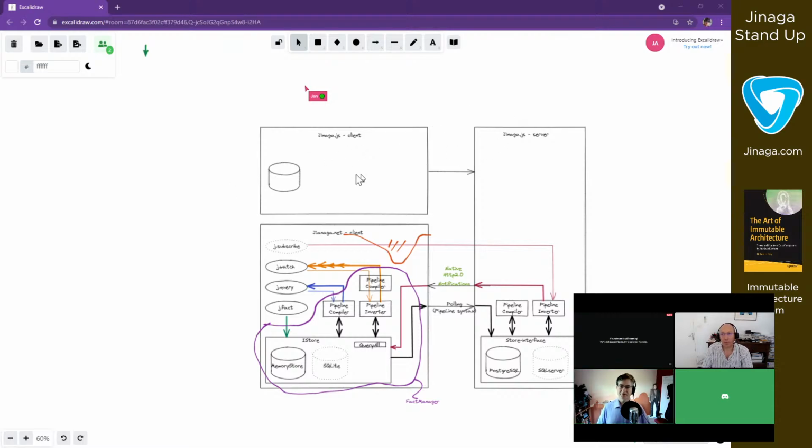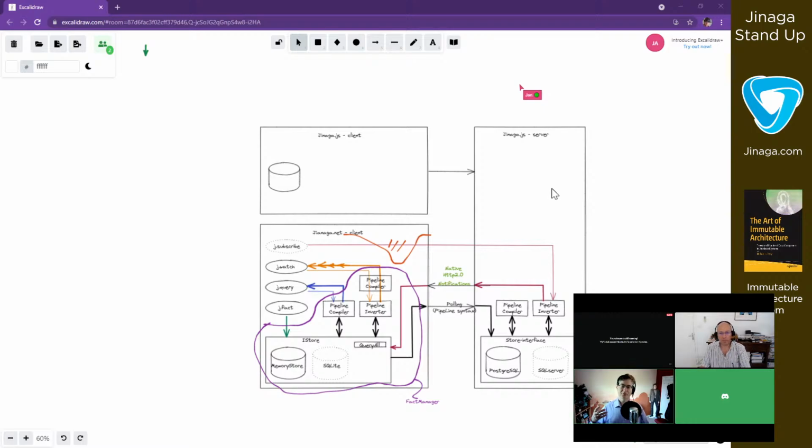And so it's got two components. It's got the client component, which supports primarily React, but that's your JavaScript client. And then you've got your Janaga.js server, which runs in Node. And those two things talk to each other in order to store data on the server and generate an API on the fly, so you don't have to create an HTTP API for your client.